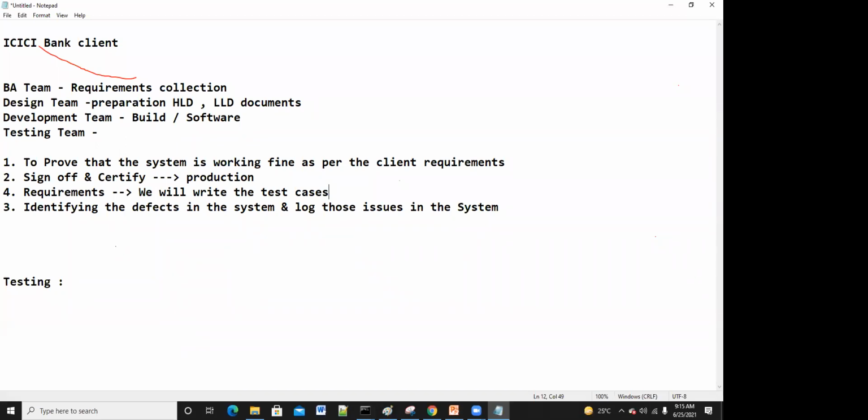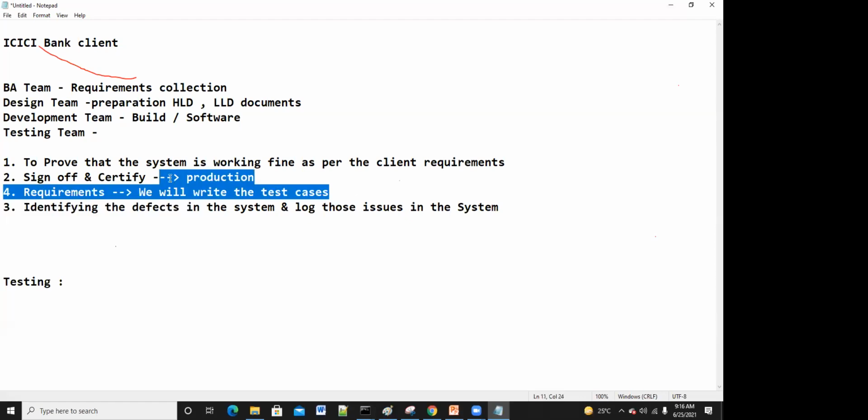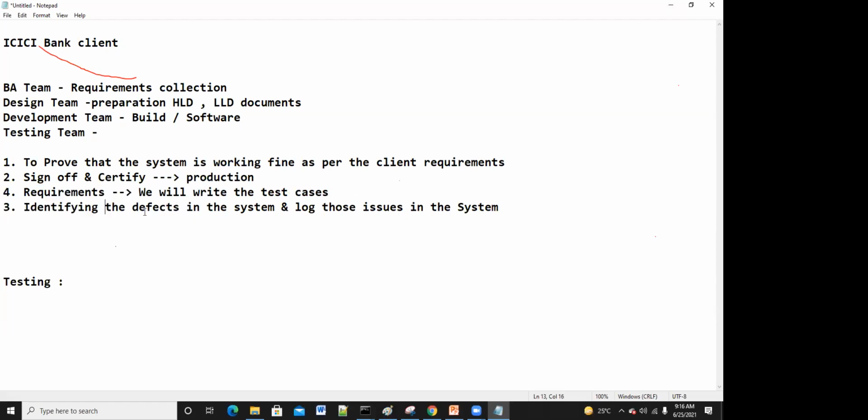We will identify all the permutations and combinations and test how the system works as per the requirement. The system has to work as per the requirements the client has given, and if something is not working, we have to identify those issues or defects and log them in the system.